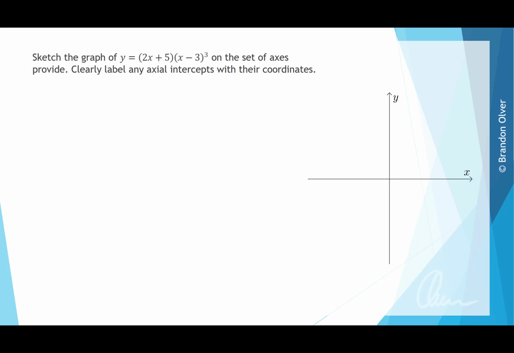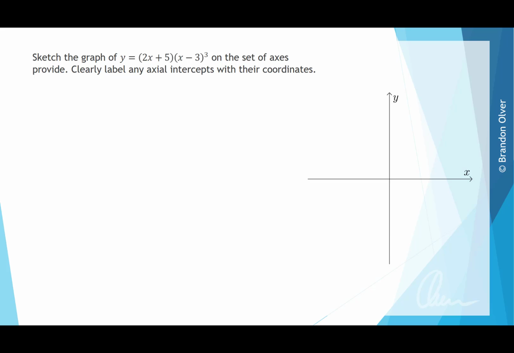Sketch the graph of y equals (2x plus 5)(x minus 3)^3 on the set of axes provided. Clearly label any axial intercepts with their coordinates. So the first thing we can do is inspect this rule, and we can see that the 2x plus 5